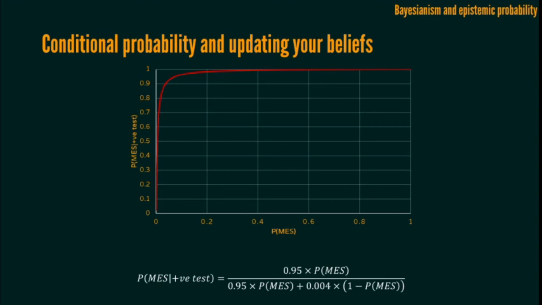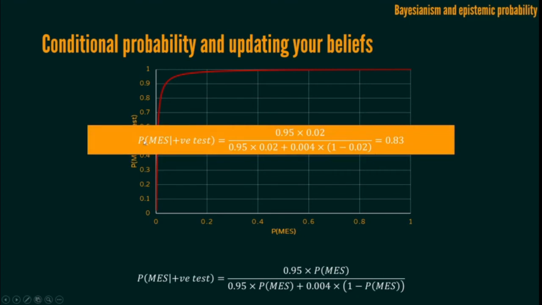If we know 2% of the population has Marshall earlobe syndrome, and we have no other relevant information, that P(MES), that probability of Marshall earlobe syndrome, would be 2% or 0.02. We can stick that into our equation and it tells us this. So P(MES given a positive test), right? We've whacked our 2% in as P(MES), and it allows us to do a big sum, and that big sum gives us